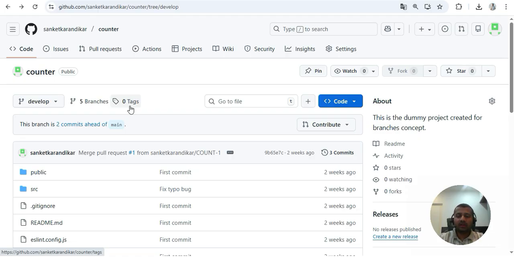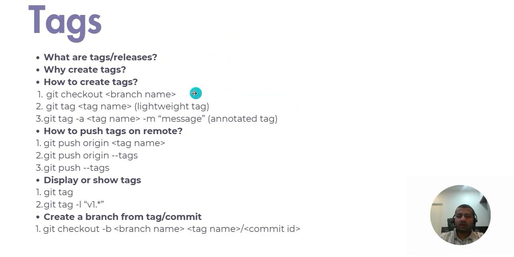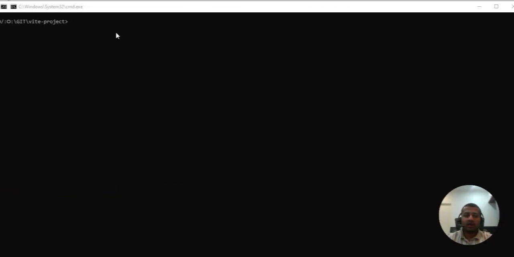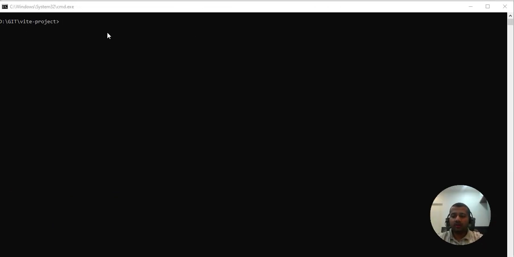So let's go back to the CMD, and before going back to the CMD, let's see which command is used to create a tag. So the first command that is used to create a tag is git tag and its name. But before that, we need to switch to the branch from where we need to create the tag. I'm in my project CMD. I'll say git, sorry,